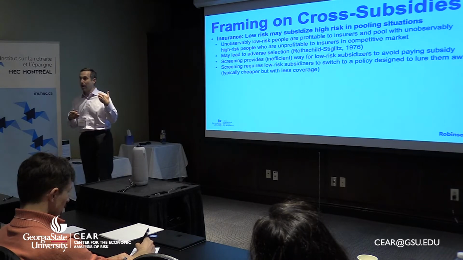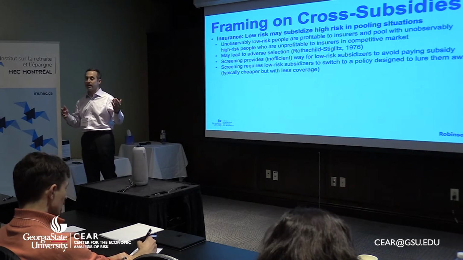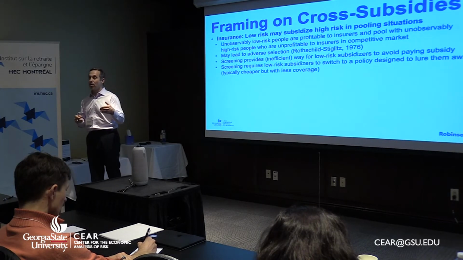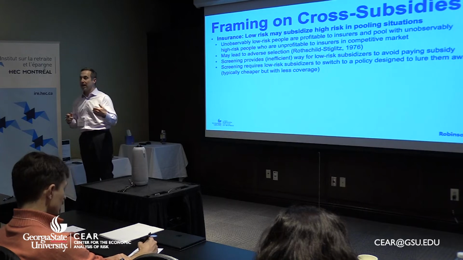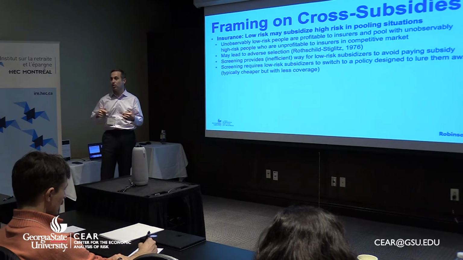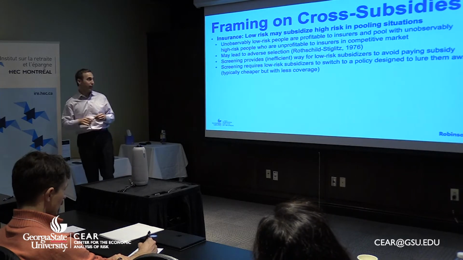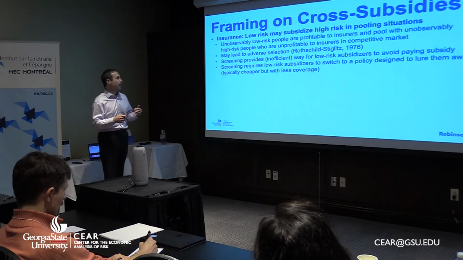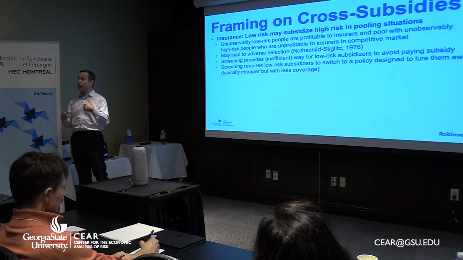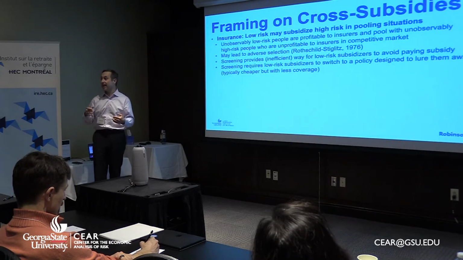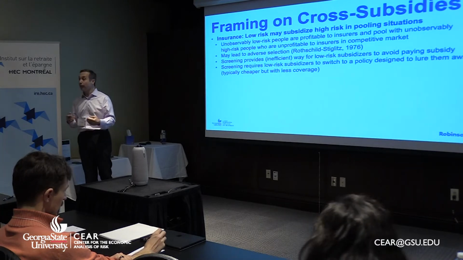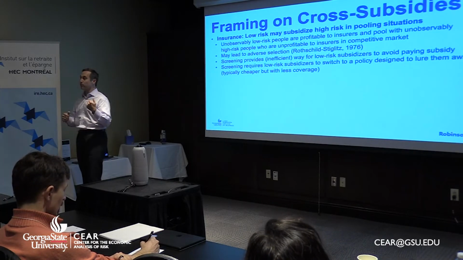observably identical and unobservably different, so they're buying this common product. In some sense, the high-risk guys are underpaying for insurance and being subsidized by the low-risk guys, who are overpaying given their risk. So that's the traditional thing, and that leads to adverse selection, right? Because the low-risk guys are getting a bad deal, they're providing the cross-subsidy, they have an incentive to go out and seek another product, and insurers want to offer them a product to do cream skimming, to pull away those profitable